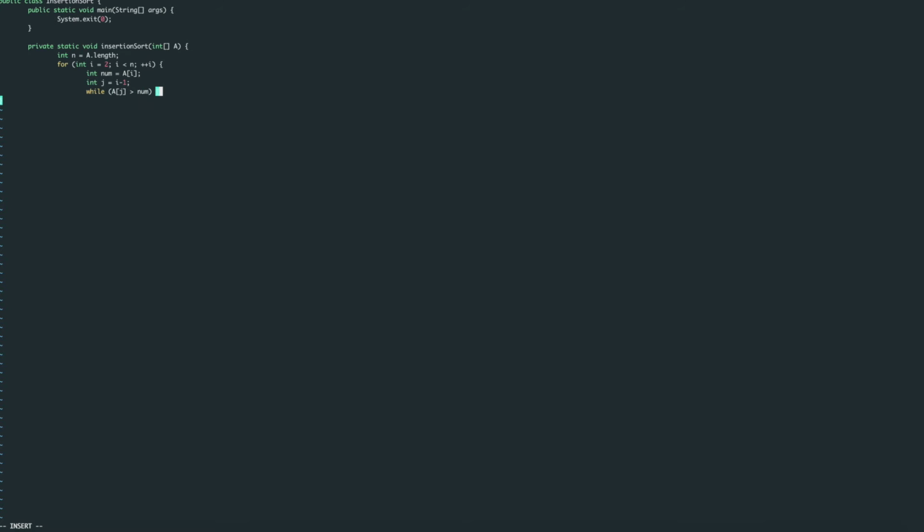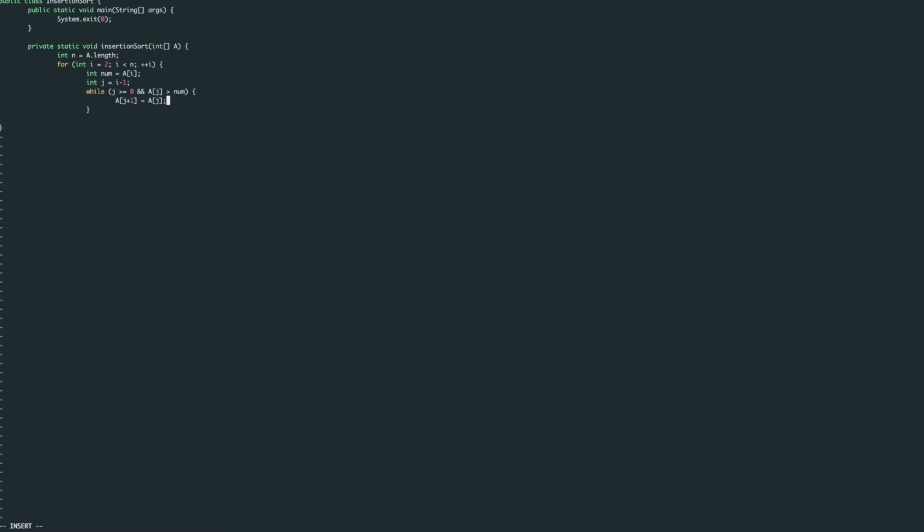So what we do is we move the element at index j to j plus 1, right? a of j plus 1 equal to a of j. Now, while a of j is greater than num, and while j is greater than or equal to 0.